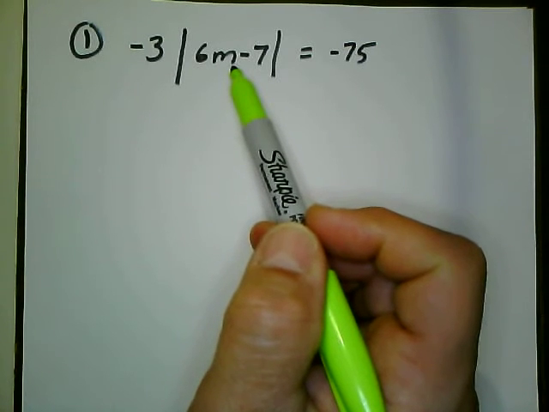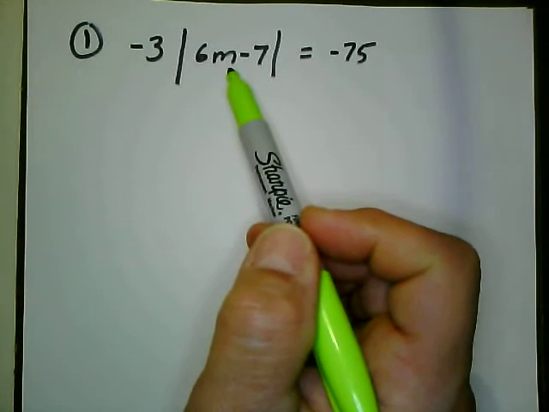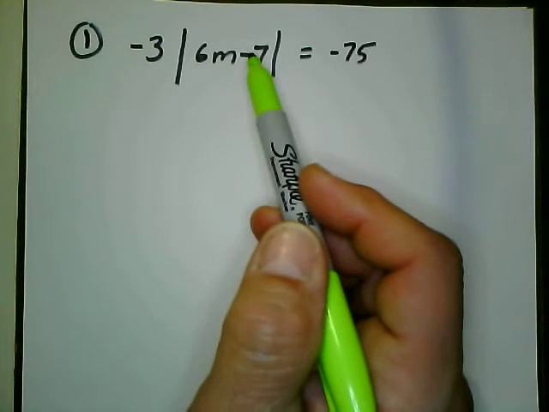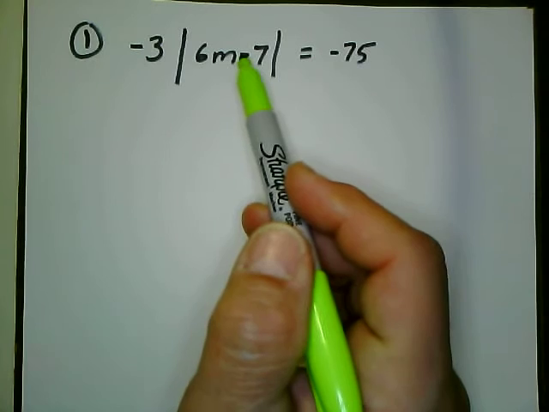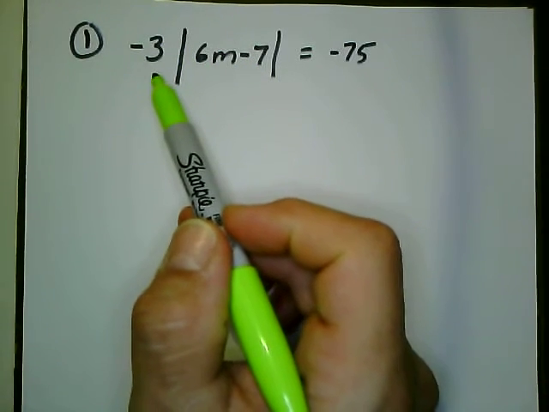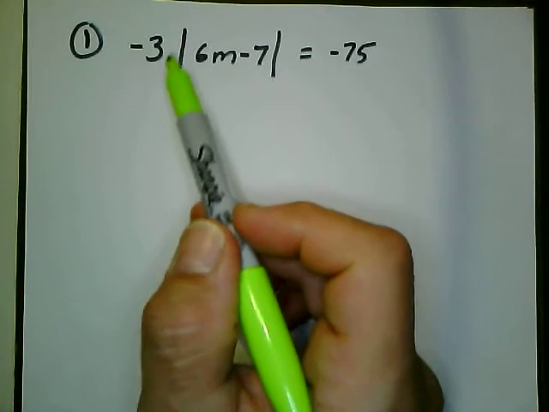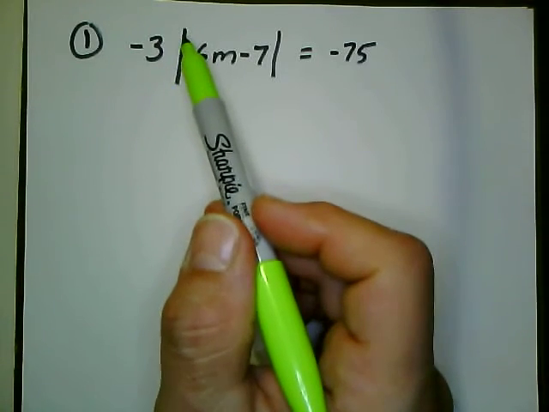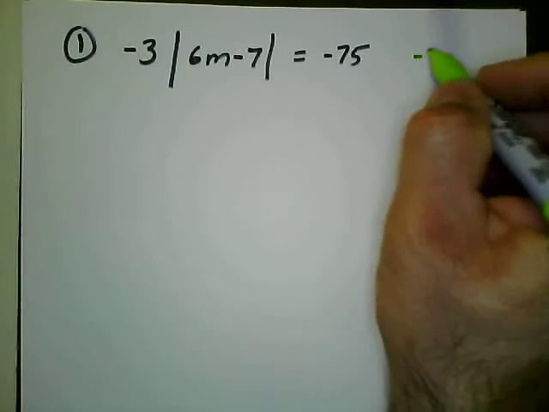If it's -3, you get 3. If it's +3, you get 3. A positive stays a positive, a negative turns to a positive because it's distance from 0. But this is not being absolute valued, so we have to get rid of it. And since it's touching the absolute value symbols, similar to if we had it like this,